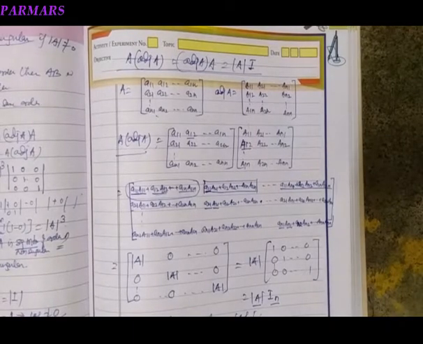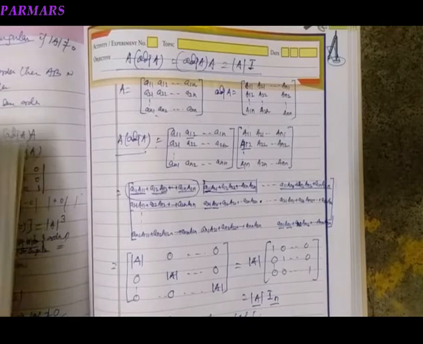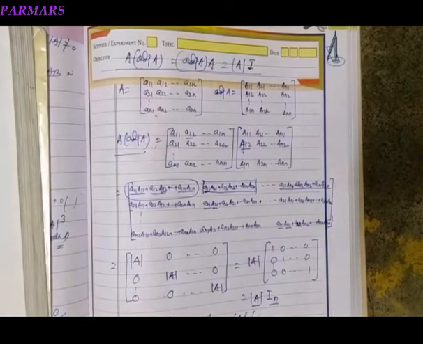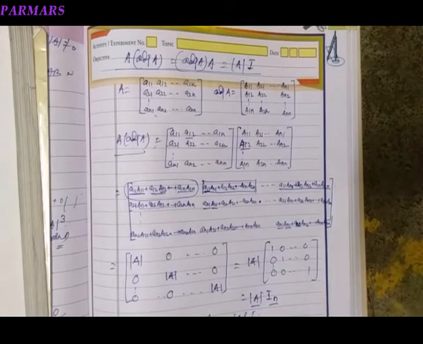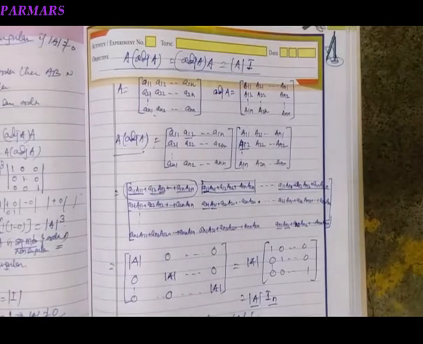The next part is the solution of linear equations, which we will see in the next video. For now, what did we study today? We studied minors, cofactors, areas of triangles by using determinants, then finding adjoint, the definition of the adjoint matrix, and then the inverse matrix, and some properties: when a matrix is said to be invertible, namely if it is non-singular. If a square matrix is non-singular, meaning its determinant is not 0, then its inverse exists, otherwise not. We studied all this.